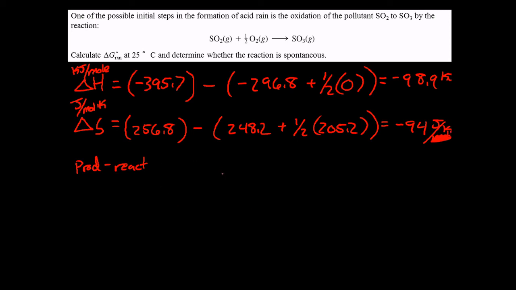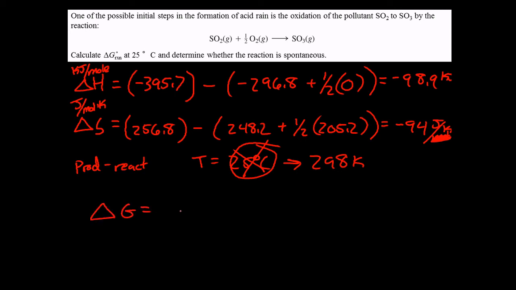Okay. So, we have a delta H. We have a delta S. And we're told that the temperature is 25 degrees C. Do not forget, 25 degrees C. We cannot plug this directly into the equation. It needs to be 298 Kelvin. We need to convert that to Kelvin because it has to match the Kelvin here. So 298 K is our temperature. So then delta G is equal to,